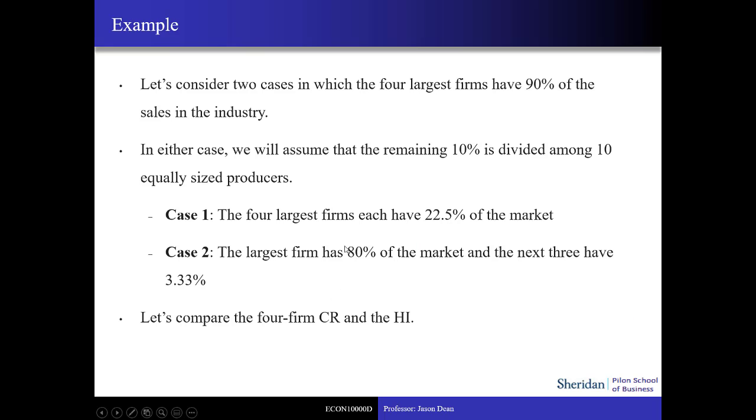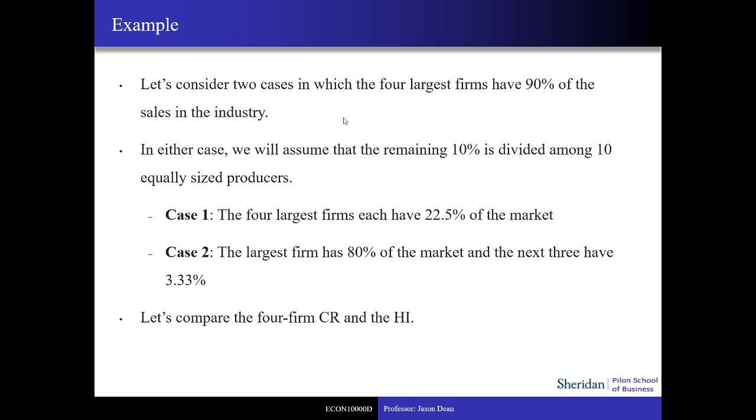So let's look at an example here. We have two different measures. Why do we have two different measures? Is there a difference between the two? Is one better than the other? Well, it's easy to see that for the four-firm concentration ratio, we could have two different cases, and in either case,